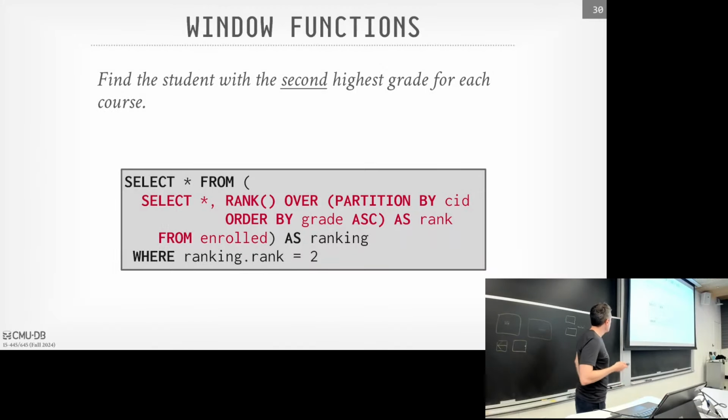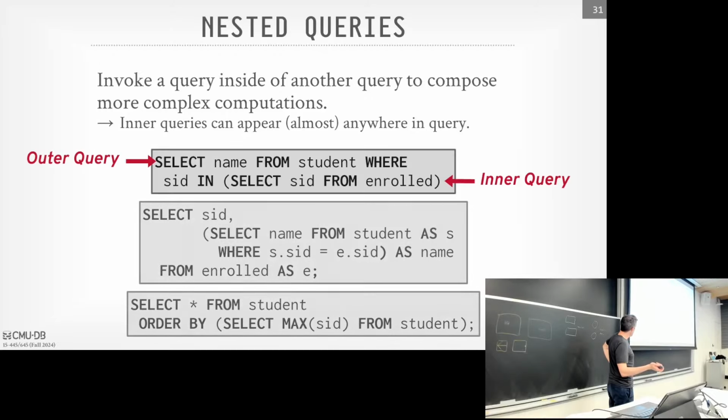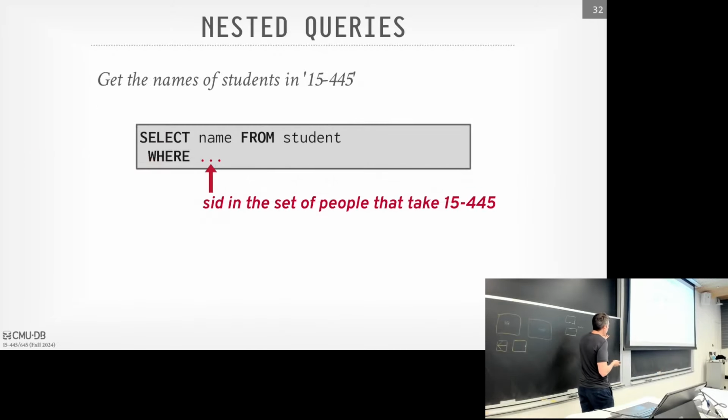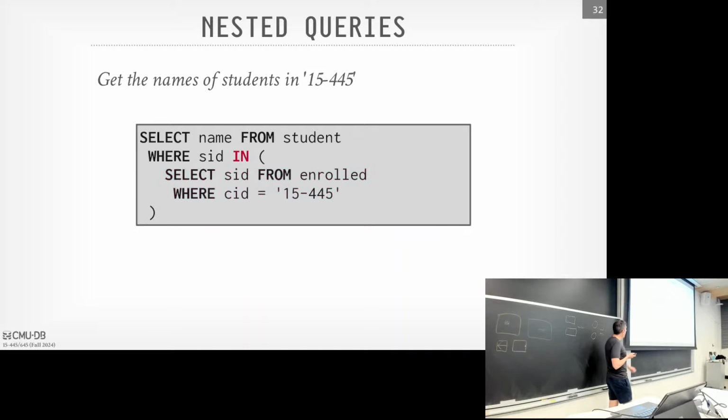Okay. So, right, we covered this, nested queries. Again, this example is kind of stupid. We're trying to get the name of students that are taking 15-445. We could rewrite this as a join, but for simplicity, we're going to write this as a nested query, and then we could use this IN clause. The IN operator says, give me and match any tuple from the outer query from the student table if it exists in the enroll table for